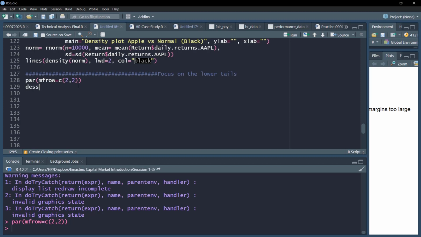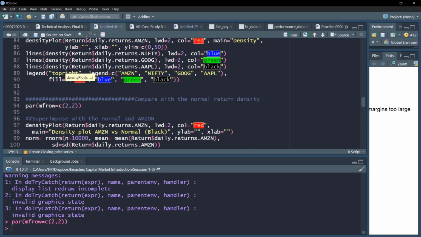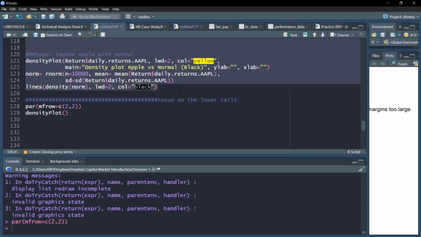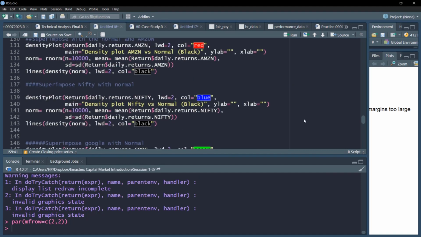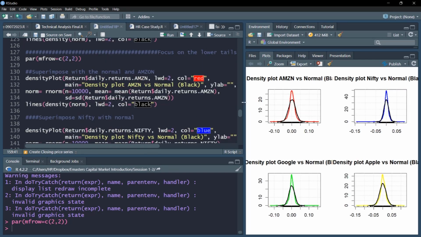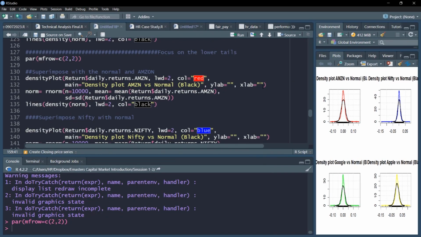4 windows. Next the density plot, and again we'll use the same plot. So I need not write everything again. What I'll do is I'll make use of the previous command. I'll make a small adjustment. Let me show you. What I'll do is I'll restrict the X limit. So first let me restrict the X, and there is a very simple way to do it. All I need to do is use this